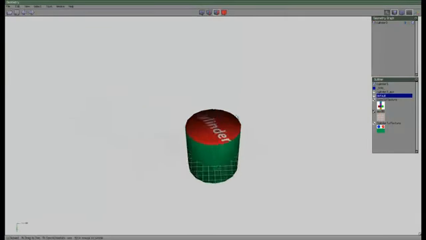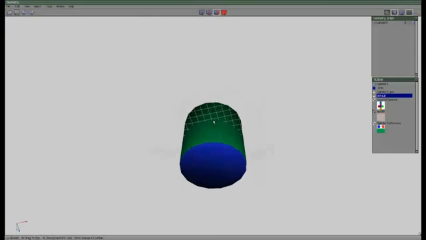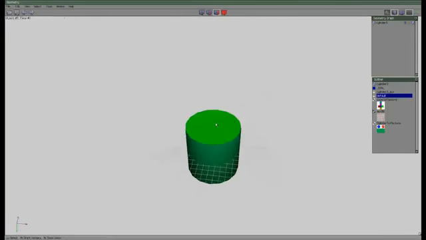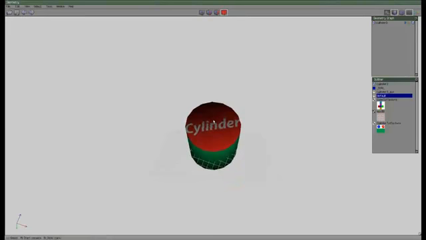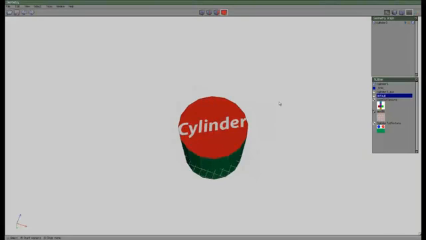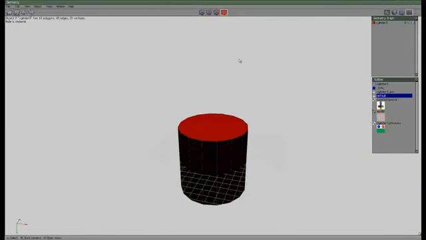Alright. So that's it. That's really it. It's super simple to do that. You just have to think about the parts that need to be separate in the UV map, and then just select them, give them a different color, and finally just check if you have any closed parts. So this wouldn't be able to unwrap properly, obviously. So you need to define a seam somewhere, and you can just select the edge and do that manually. You have absolute full control over where this seam's going to be, and there's no stuff that can happen that you don't have any control over. And that's really what I like about Wings. And that's it. Yeah, so let's move on to a little bit more difficult